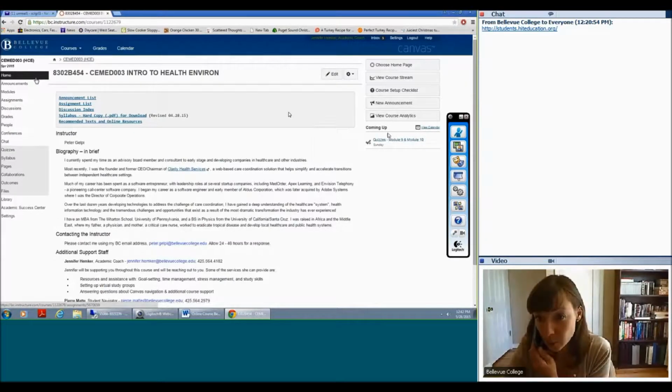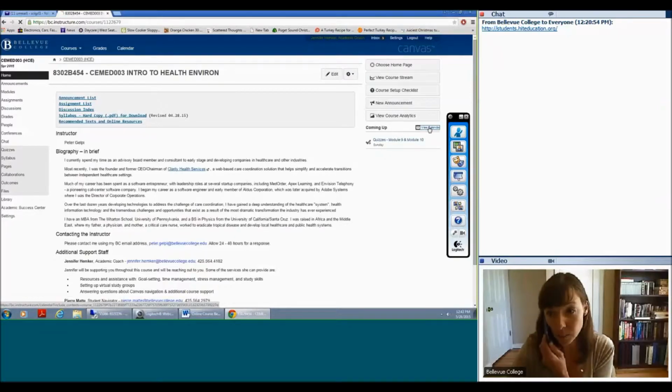Okay, so on the right-hand side, it says coming up: Quizzes, Module 9 and 10. So that lets me know right away, Sunday, I have 2 quizzes due on Modules 9 and 10. So there is a full calendar, which if you click on this little button here,